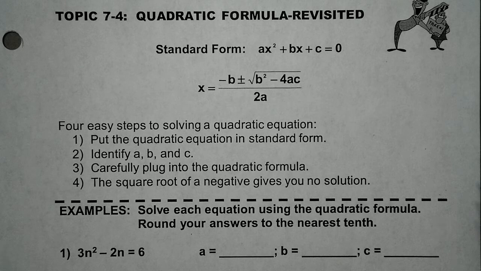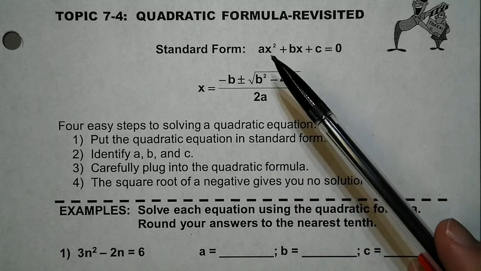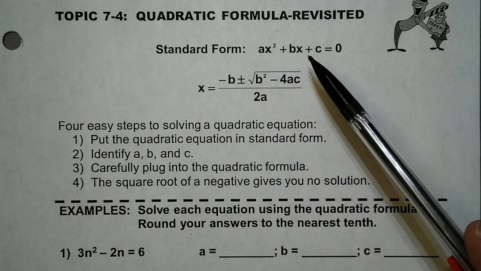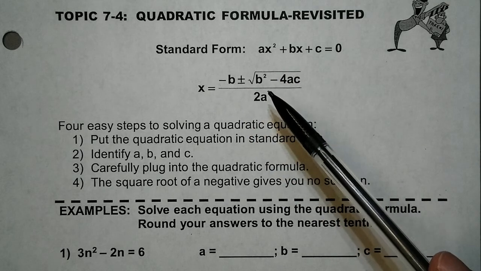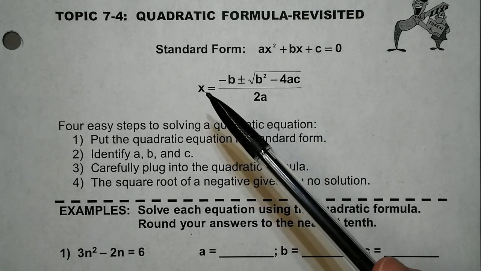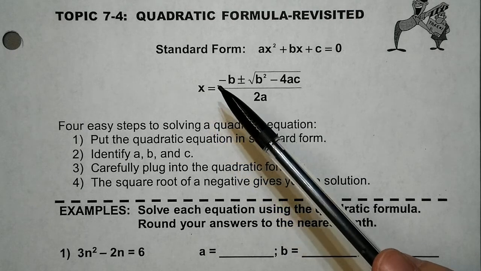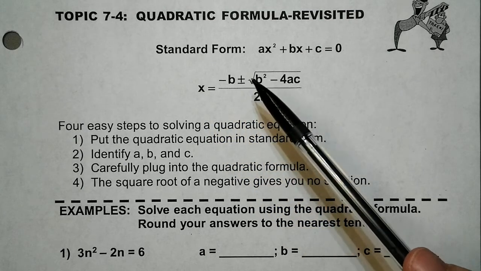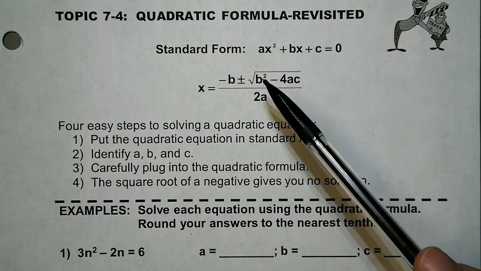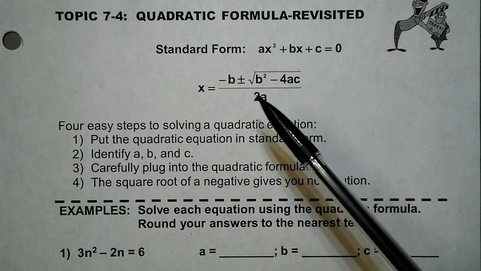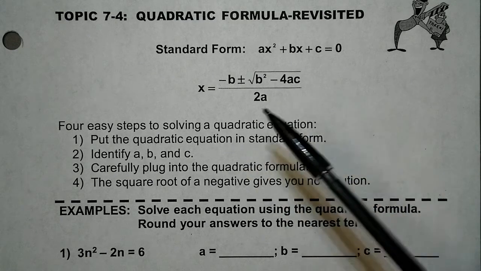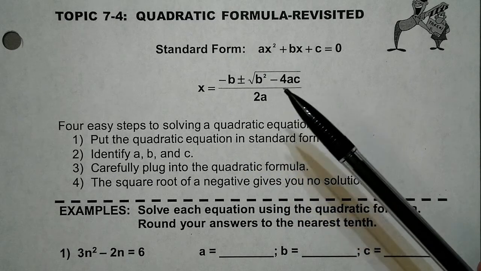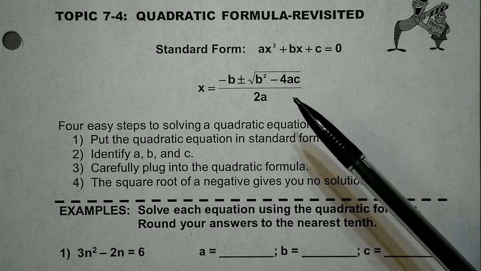Alright, so remember that this only applies if they're in standard form, so ax squared plus bx plus c equals 0, and we use this formula here. Remember the tune from yesterday? X is equal to negative b plus or minus the square root of b squared minus 4ac all over 2a. I know that tune is maybe a little bit annoying, but you'll remember the formula, you'll put it in right